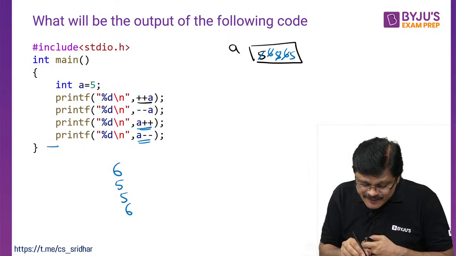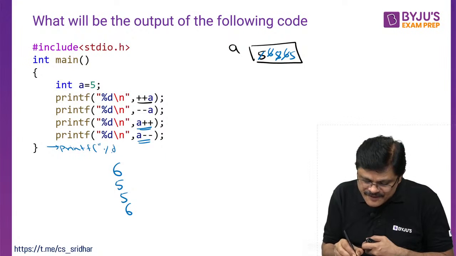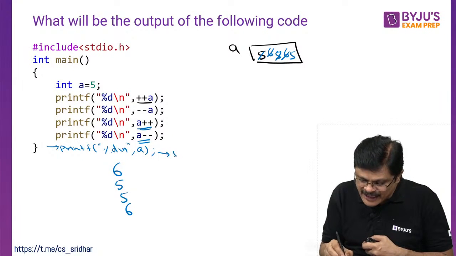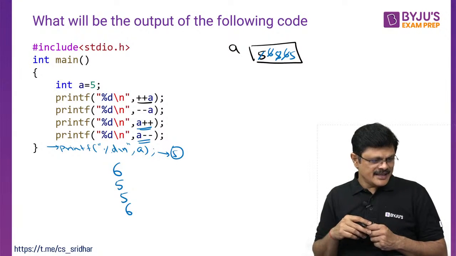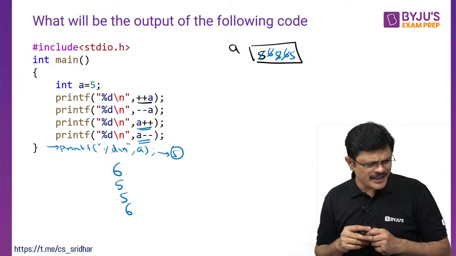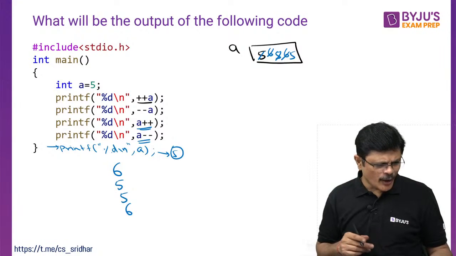See, after this, if you put one more printf statement, you should get the answer. Only A if you print, you should get the final answer as 5, my dear friends. Why again 5, 5, 6, 4, sir? Same problem. I have not changed the problem. How can the answer change, sir?